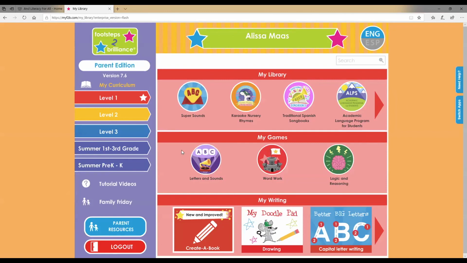So if you look on this left-hand side here, there's the Parent Resources button. So that's where we went to see how our child is doing on the app, what they're interested in, and that is also where you go for the lesson plans. And then on the right-hand side over here, next to switch apps, we have the need help. So need help is where you'll go to access Parent University to get your questions answered when Stephanie and I aren't available.